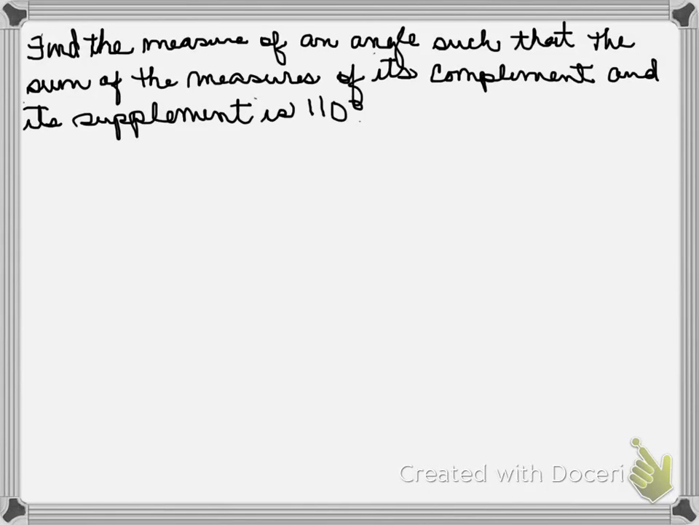Problem involving the measures of complementary and supplementary angles. The problem reads, find the measure of an angle such that the sum of the measures of its complement and its supplement is 110. Now, to understand this, let's start with just assigning a variable for the unknown, the angle